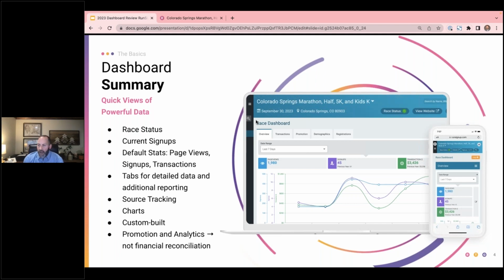You'll see source tracking, and we're going to get into that in a little bit. Charts, where we got some default ones, but you can add some of your own custom ones and configure them. And then I wanted to note here, what's neat about the dashboard is it's custom built for you. So obviously we've built some things, we put in some defaults, but you can customize this and it will save